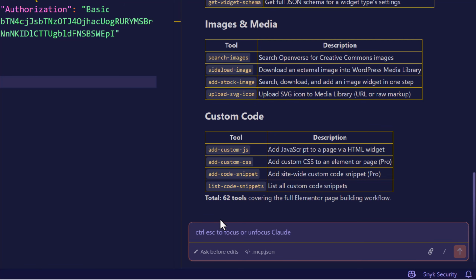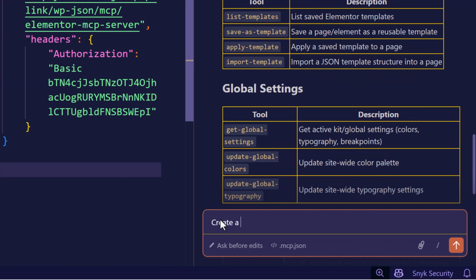I'll start with a basic prompt like most of the guys are doing and complaining about the design. Let me zoom it a bit so you can see things more clearly. Create a landing page for a taco shop,